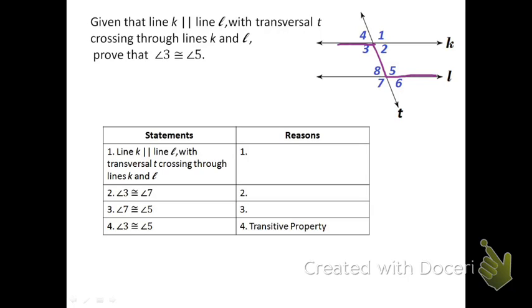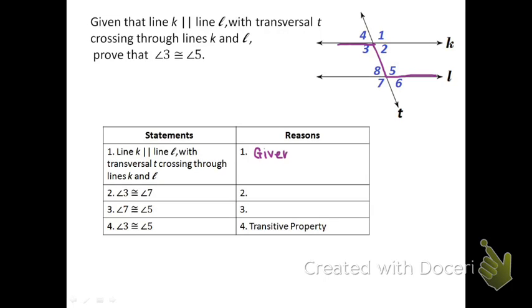Well, we are actually proving that those are alternate interior angles. But we're not going to be able to use that rule because we're going to prove that theorem. So, first, line K is parallel to line L, and so on and so on. That is